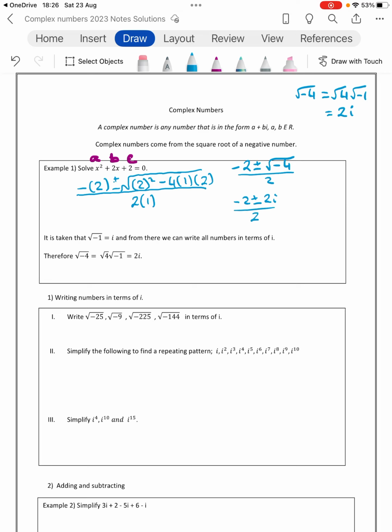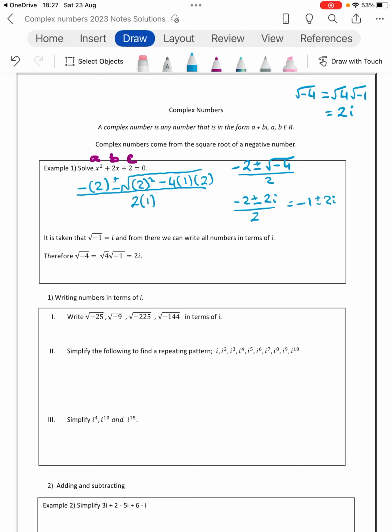And that goes all over the number 2. So now, because everything there divides by the number 2, we will divide everything by the 2. We don't cancel a 2 and a 2. We divide each part by 2. So if I divide each part by 2, I have a minus 1, and I have a plus and a